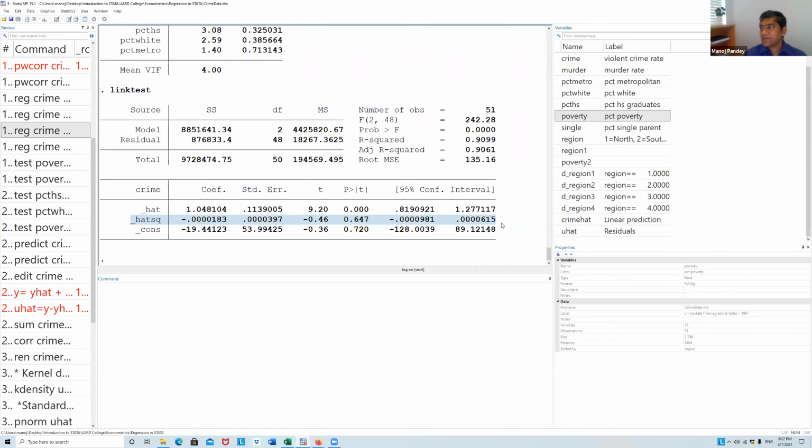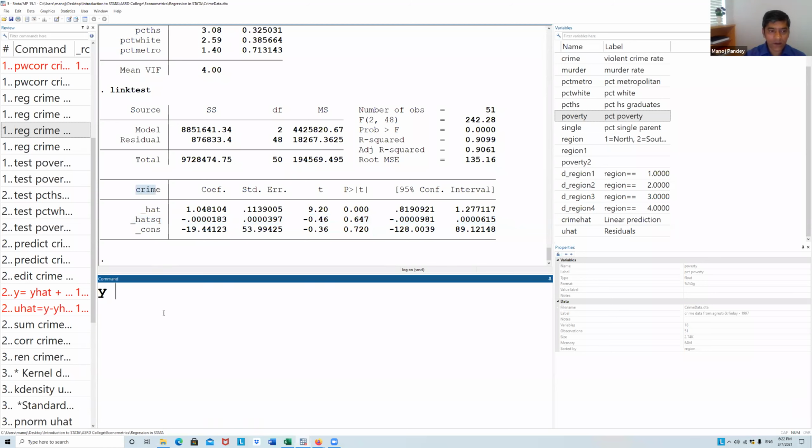It means that we can fairly say that the model is well specified. The idea here is that you have a regression of y equal to, let's say, beta 1 times u hat plus beta 2 times u hat square.